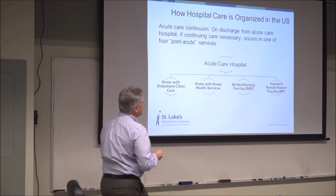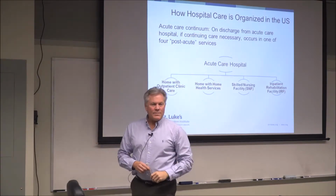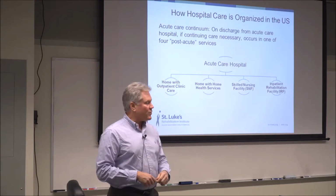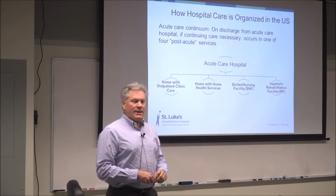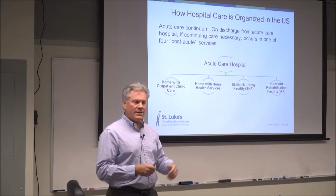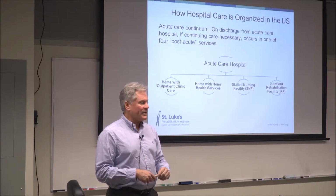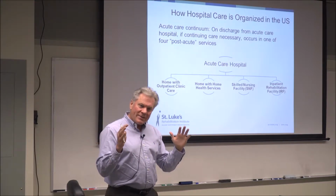the first place that they usually end up is going to be in an acute care hospital. And so Pullman Regional is the name of the local hospital. So that would be an example of an acute care hospital. If we move into Spokane, that would be Sacred Heart Medical Center or Holy Family Hospital, and Deaconess Medical Center, Valley Medical Center. So those would be the acute care hospitals. That is where they try to get the primary condition under control. They try to medically manage it, but the goal in acute care is to make the stay as short as